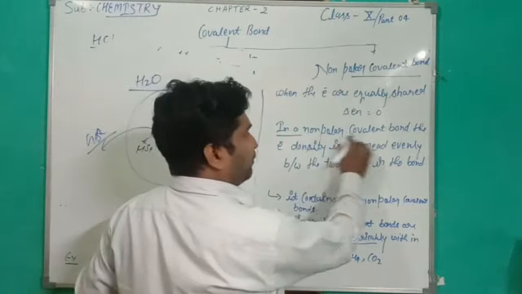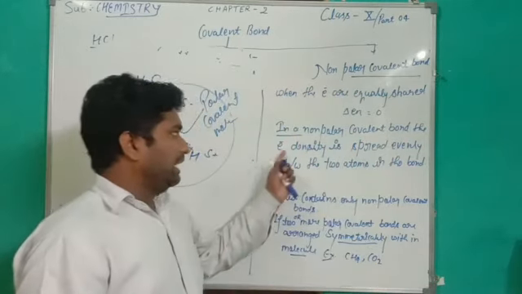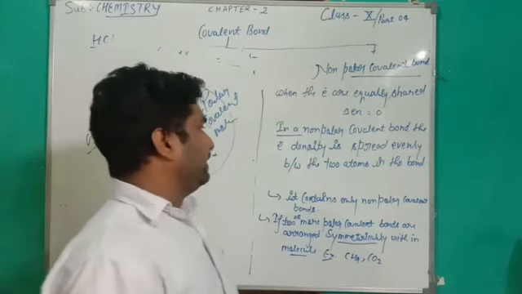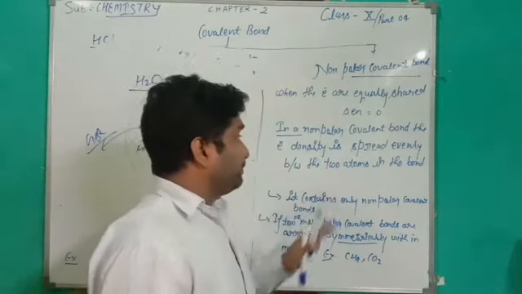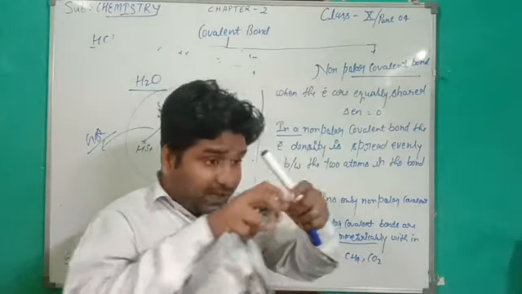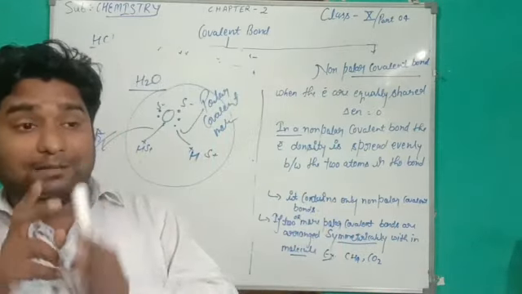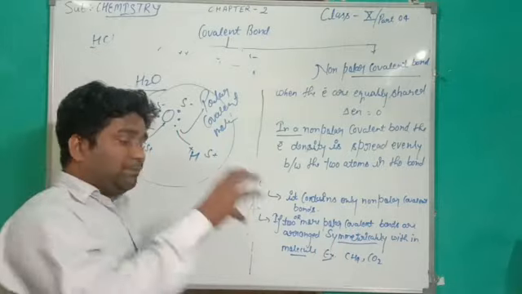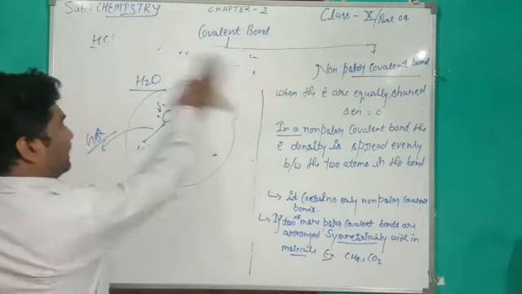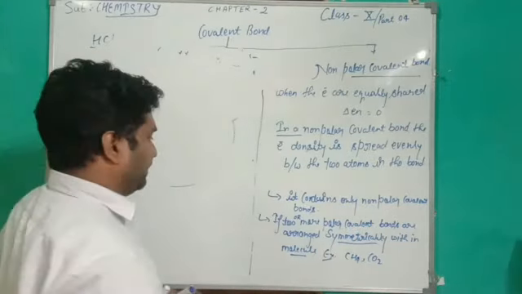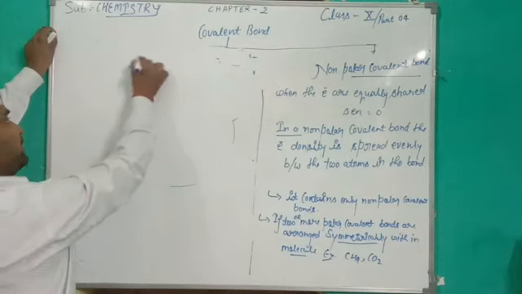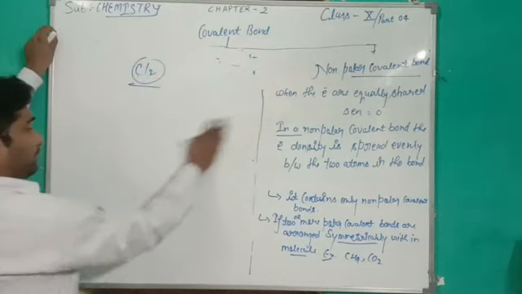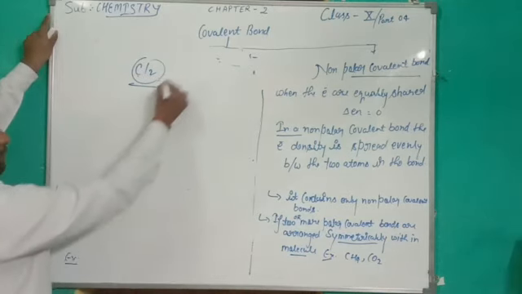Okay, look at this definition. In a non-polar covalent bond, the electron density is shared evenly between the two atoms in the bond. That means the chances are 50-50% in both atoms. Okay, look at an example. Suppose the example is Cl2 molecule. In chlorine molecule,